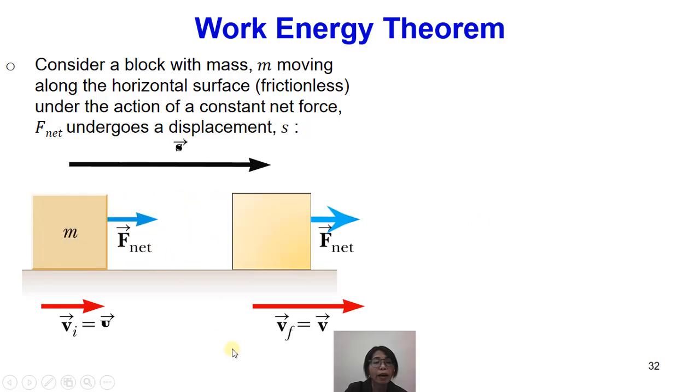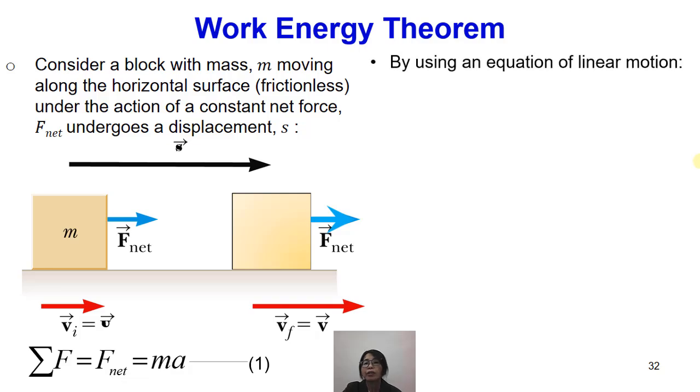So class, according to Newton's second law, we understood that when there is a constant net force, the object will experience acceleration. So we are going to have summation of force equal to F net equal to ma. As the object undergoes a displacement S, its velocity will change from an initial value u to a final value of v. So by using the equations of linear